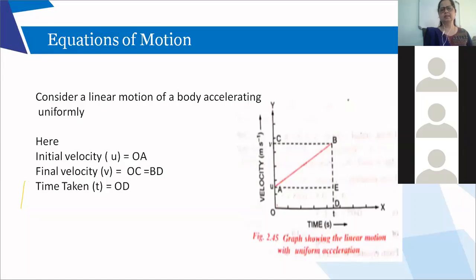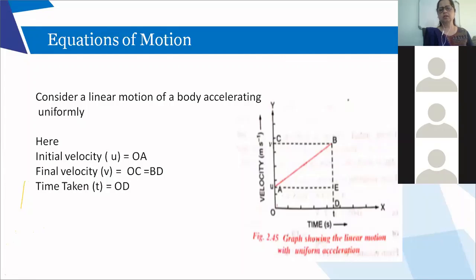So in 5 seconds, I noted that the velocity increased from 10 to 20, 30, 40 and so on. And then when it reached a particular value, say 50 meter per second, I switched off the time. So in 5 seconds, I saw that there was an increase in velocity from 10 meter per second to 50 meter per second, something like this. Nobody will scribble on the screen. So this is the graph.